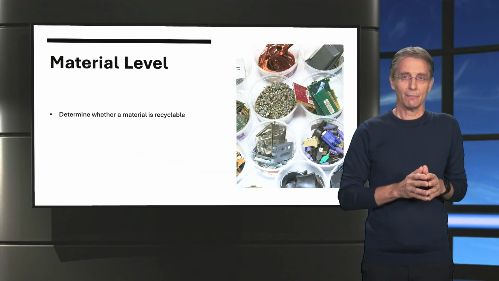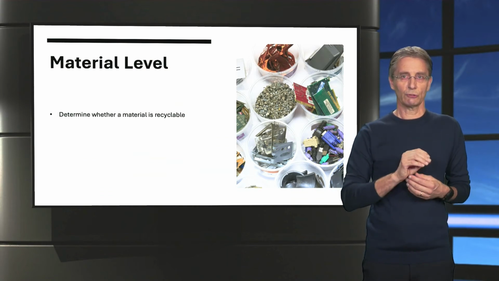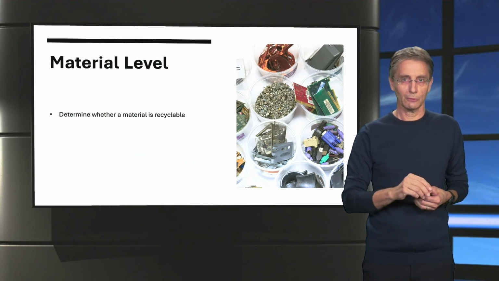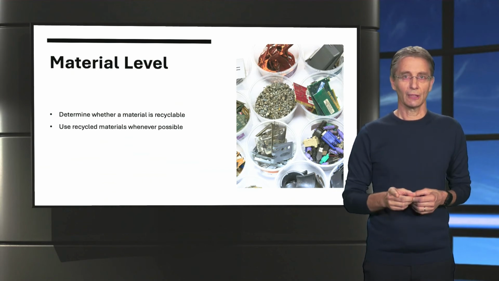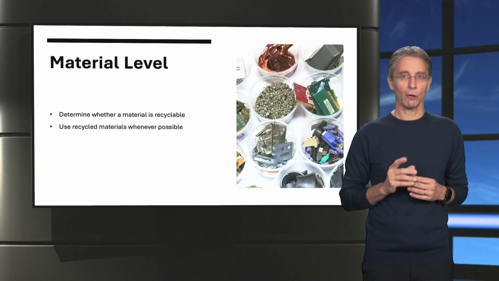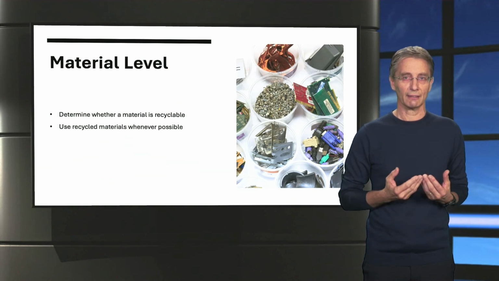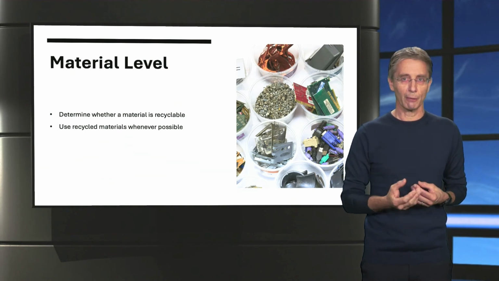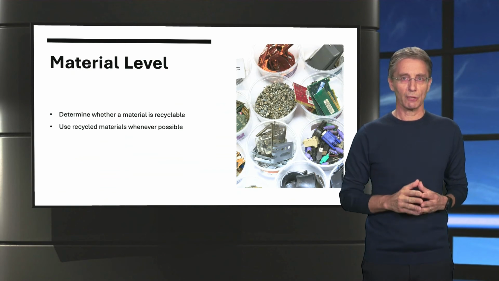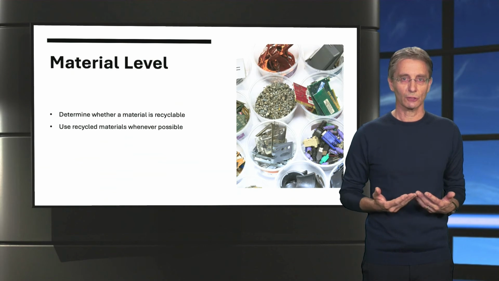The primary aim is the recyclability of the materials you use. Try to determine whether a material can be easily recycled and, whenever possible, try to use materials that have already been recycled. This will help to increase demand for recycled materials, which will make further investments into recycling activities more viable. Another goal is to keep recycled streams as pure as possible by preventing pollution with other materials or contaminants.